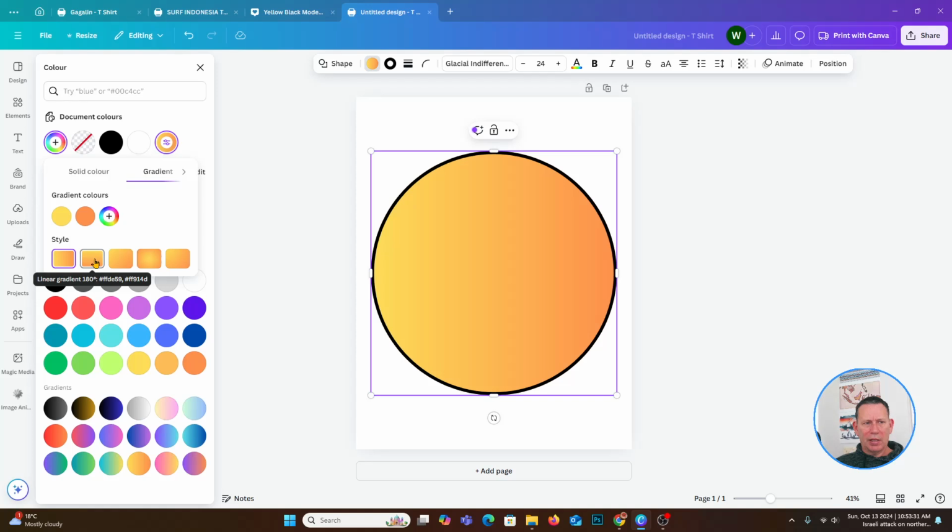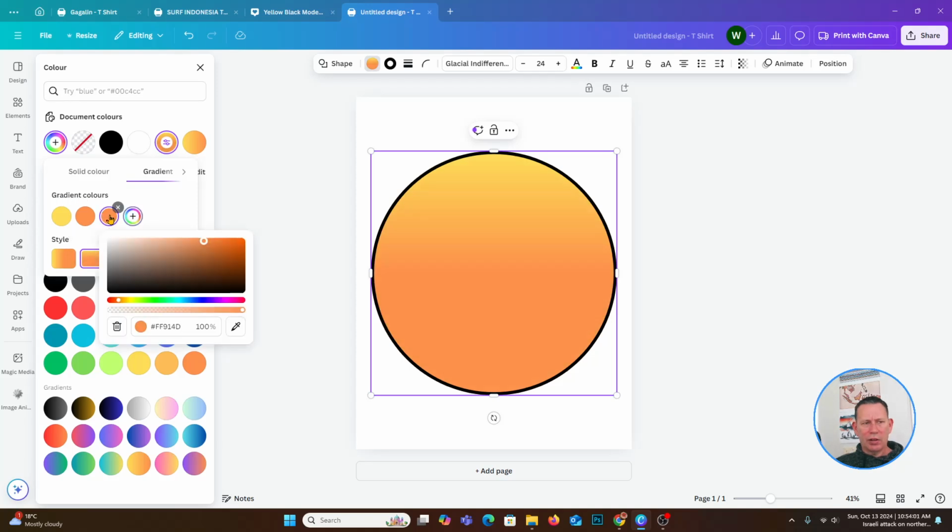So you've got here, it's a linear gradient, tells you the degrees and the colors. This is a circular gradient, another circular gradient. Okay, so I want a linear gradient. I want this one here. Okay, and then the other thing I'm going to do is I'm actually going to add another color to this gradient. So on this plus symbol, this addition symbol, where it says gradient colors, you can click on that,